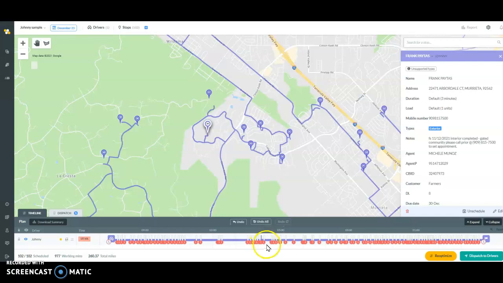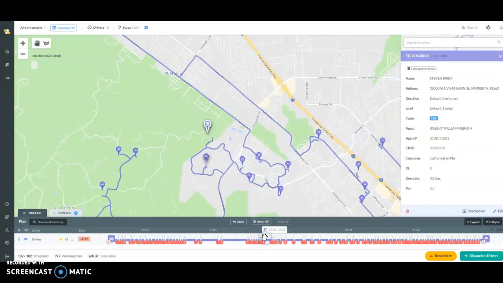There's 36, 37, 38. Okay, so it put us at 34. This is 35, 36. And then we're going to get out of that gated community, go up to La Cresta. You could either change the order of these to hit these first if you want to. But the way we just did it now is just to put it here at 37 and then come back